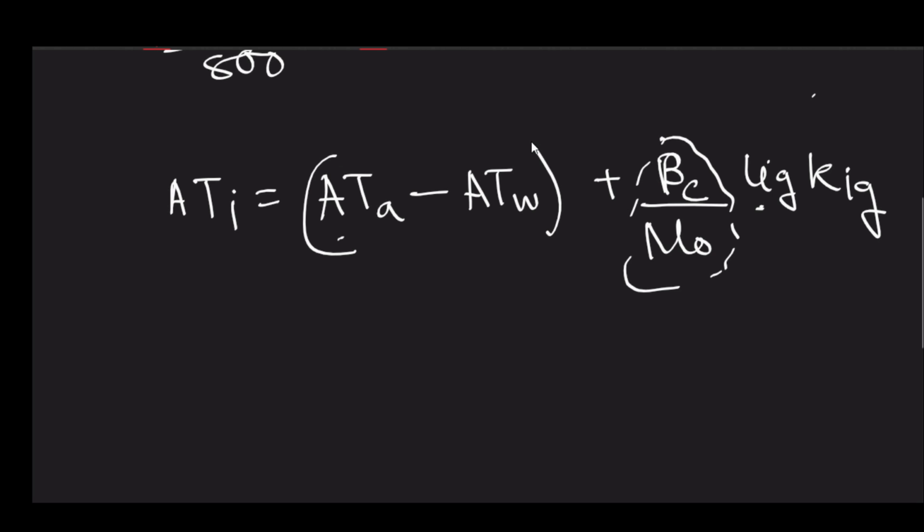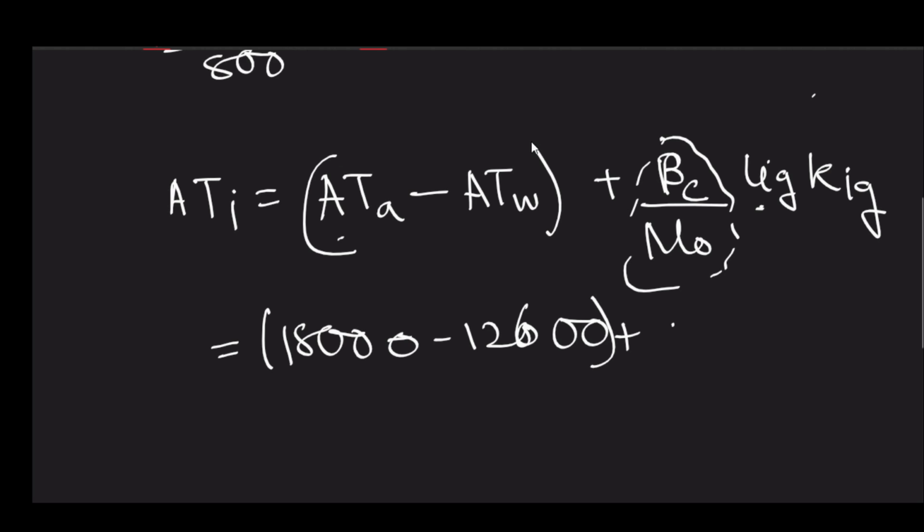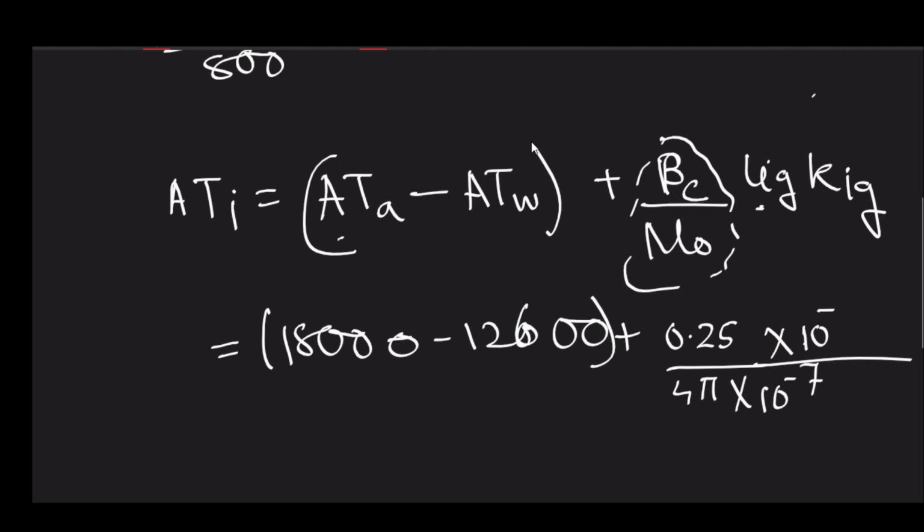So this will be 18000 minus 12600 plus 0.25 by 4 pi into 10 to the power minus 7 into 10 to the power minus 2. Again we are considering gap factor is equal to 1. So we will get 7389.4 ampere turn per pole. Now if you divide it by the current, that is 800, you will get